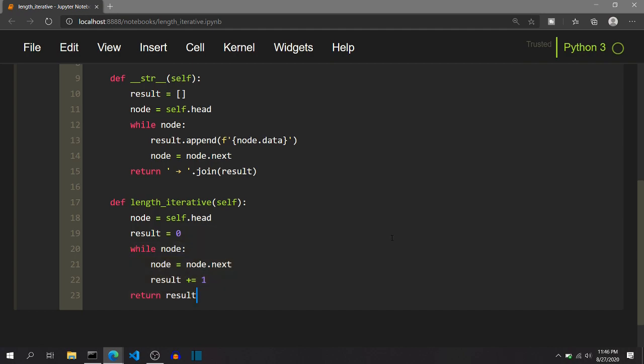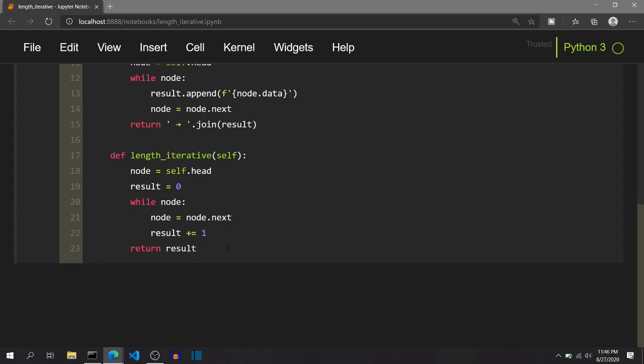These few lines of code cover all the boundary cases as well as non-boundary cases, because even if the initial linked list is empty, then also the result is initialized to 0 and it will not enter the while loop at all, because node, that is self.head, will point to a none value in case of an empty linked list. And in the case of length of the linked list, empty linked list is the only boundary case. So we are good with all the boundary cases as well as non-boundary cases here.